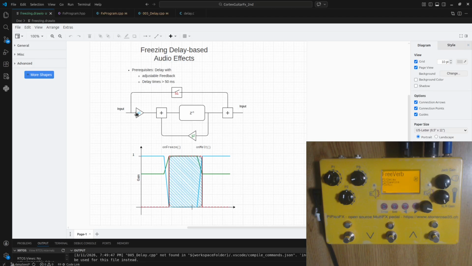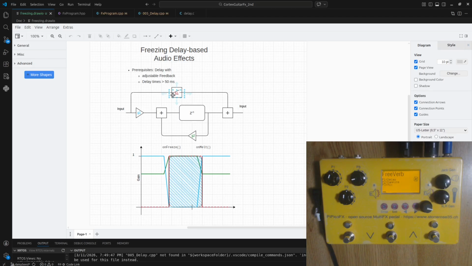The simplest topology for a freezable delay-based effect is an input going through a gain stage G1, which determines how much of the input is fed into the delay stage, set to the power of -n. The delayed signal is tapped and sent through a gain stage G2 back to the input. The amplification of G2 determines the feedback. A virtual switch S1 allows to bypass the input signal, which is mixed with the delayed signal. I left out 2 more gain stages which allow to mix the delayed with the input signal for the sake